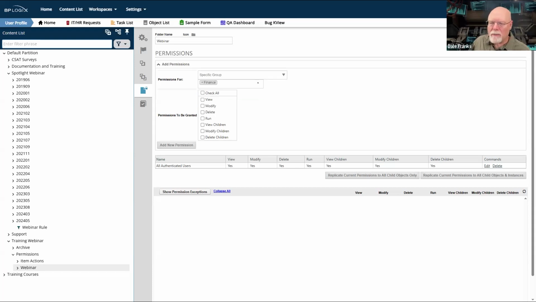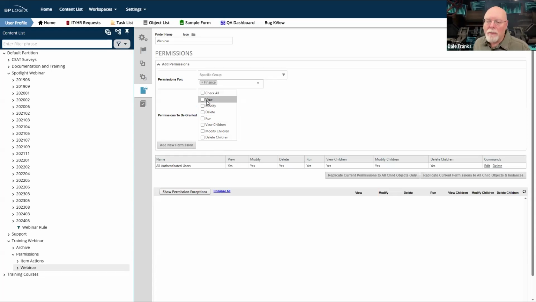Once I've selected who I want to set permissions for, I now have to set the permissions that I want to grant. So there are 7 different permissions that I can apply. Now, it's important to note that some of these permissions are low-level permissions, and some of them are higher-level permissions.